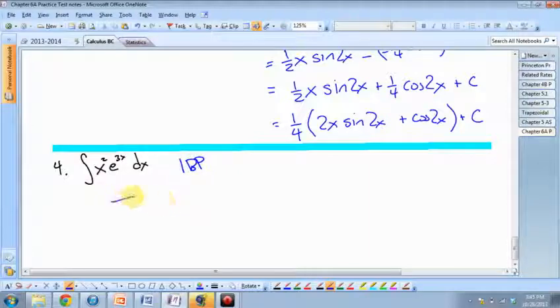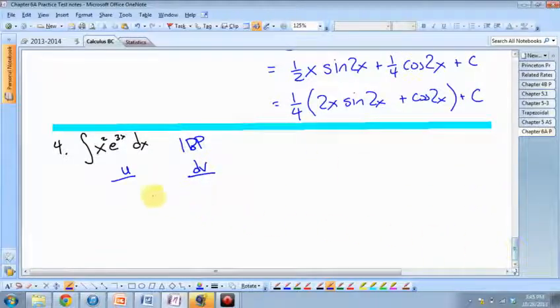Let's do our chart, u and dv: x squared, e to the 3x; 2x, make sure I integrate, 1/3 e to the 3x;